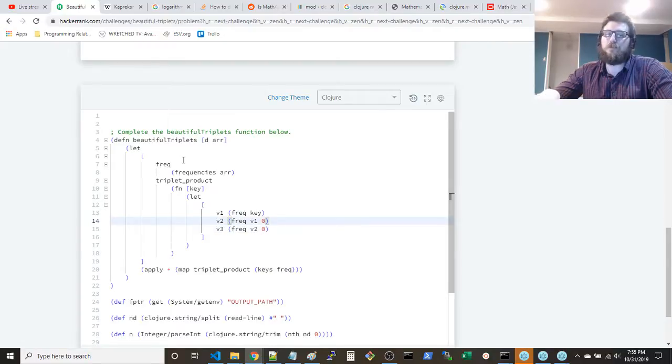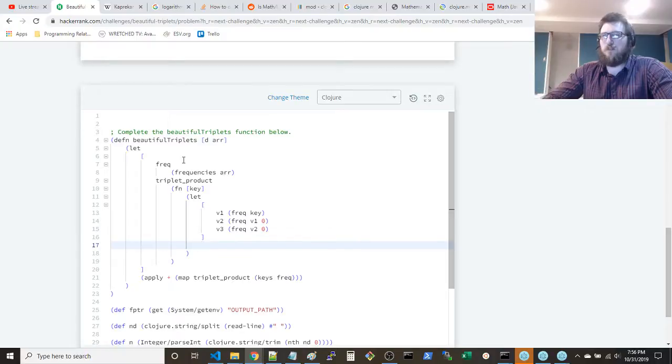So you return 0 if you don't find the key, right? And then you're going to return the multiplicand of v1, v2, v3. Now there may be a better way to do this. I think what you want is probably